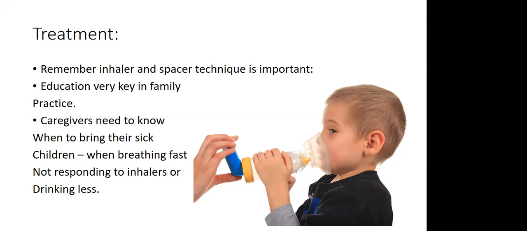So look at the child's inhaler and spacer technique, and you can see a picture here. You may remember from last time that you can see the inhaler is obvious, but the big yellow thing with the mask, that's called a spacer. And that spacer is being used basically to help the substance from the inhaler to go into the child's lungs very easily. So we have a few of these around ELWA. I'll bring some last time, but it's very important that the family know how to use this.